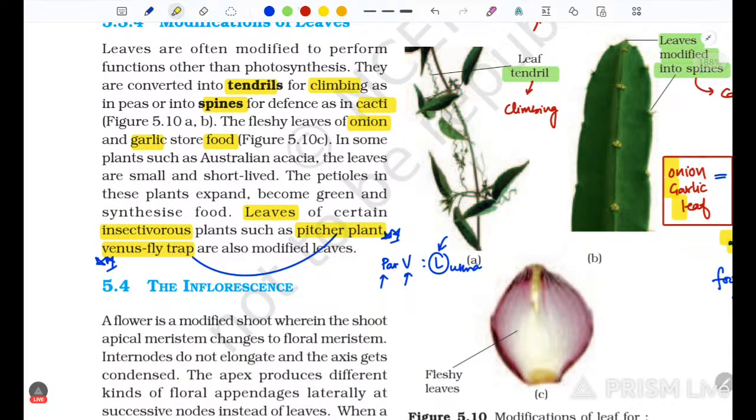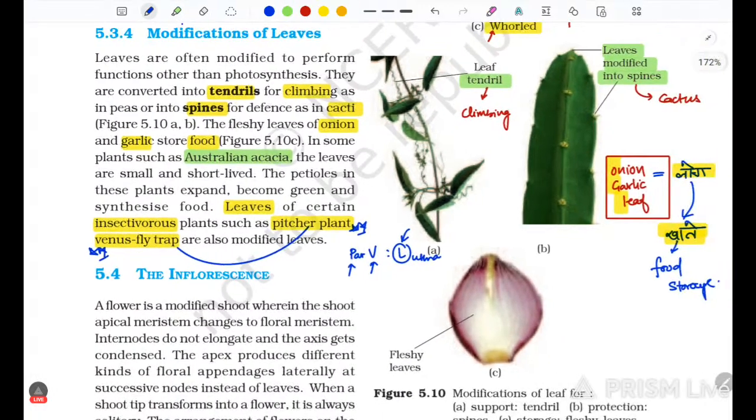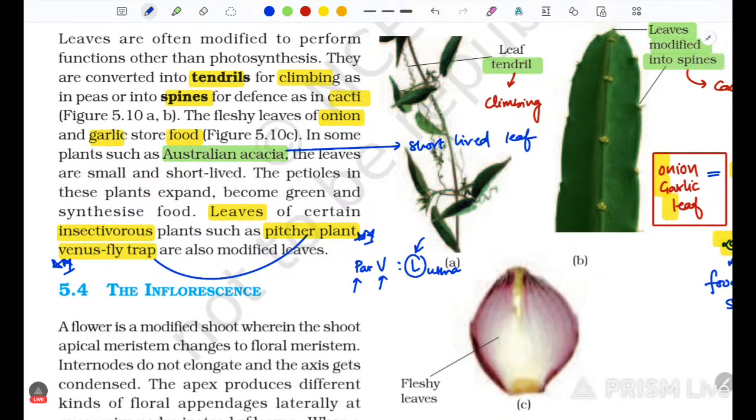ऑस्ट्रेलियन अकेशिया एक ऐसी प्लांट है जिसकी लीफ शॉर्ट लिव्ड होती है, मतलब थोड़े टाइम के लिए आती है। शॉर्ट लिव्ड लीफ, ऑस्ट्रेलियन, जस्ट रिमेंबर दिस इज इम्पॉर्टेंट। और याद करने के लिए ऐसे याद करो, ये ए आ, ये तो छोटे बच्चे याद करते हैं ना, आ। सो ऑस्ट्रेलियन अकेशिया, आ, मतलब थोड़े टाइम के लिए इसकी लीफ रहती है। पिचर प्लांट में मेरा नाम लिखो और वहीं से आपको याद रहेगा ये।